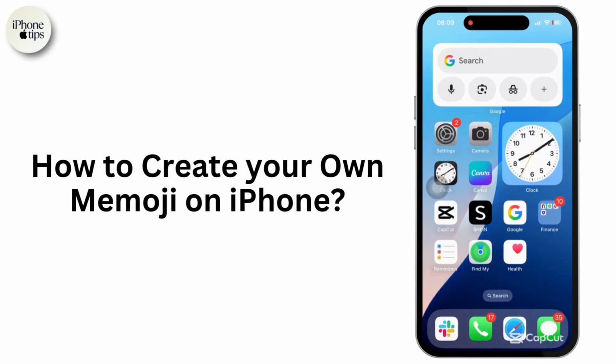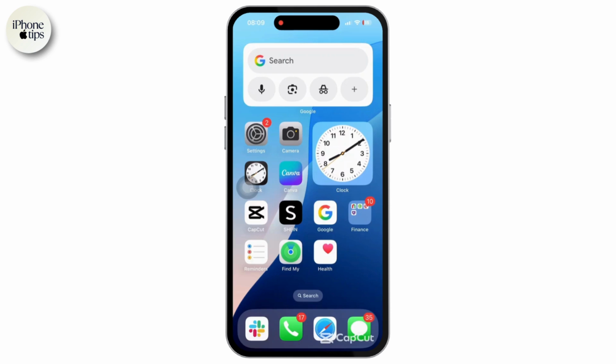How to create your own Memoji on iPhone. So let's get started with the tutorial. First of all, you have to tap on the call or phone app available on your iPhone's home